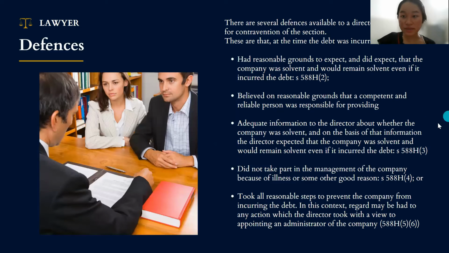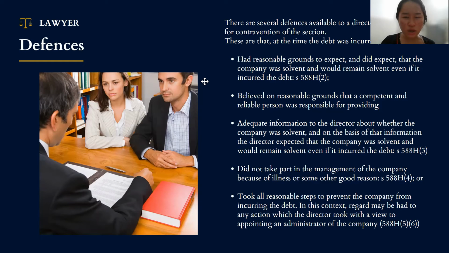Moving on to the defenses under the section. There are several defenses available for directors in proceedings for a contravention of the section. Firstly, the director has to prove that at the time the debt was incurred, he or she had reasonable grounds to expect, and did expect, that the company was solvent and would remain solvent if it incurred the debt,